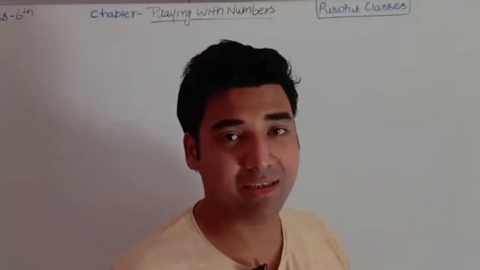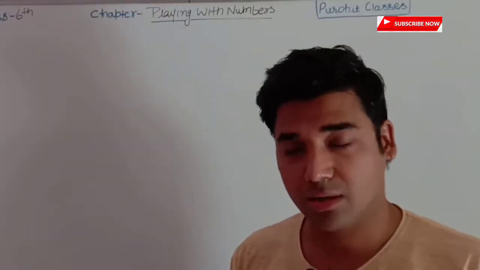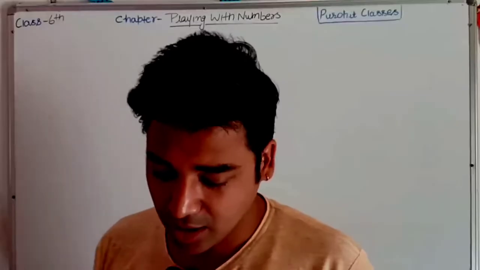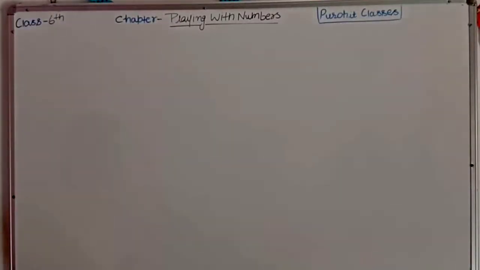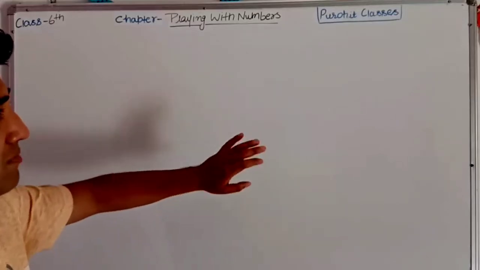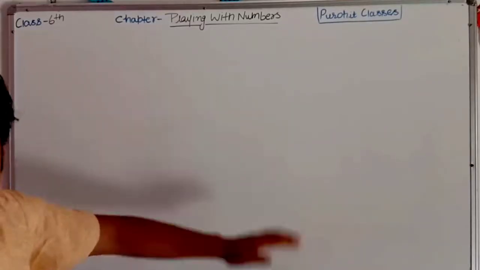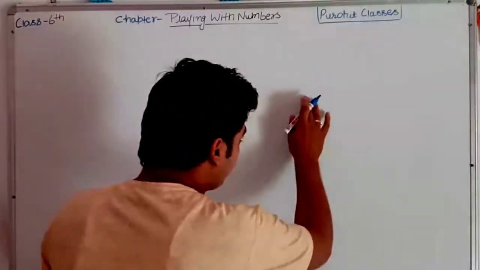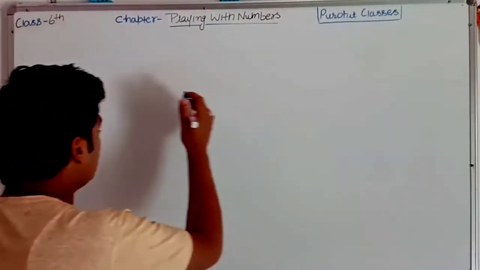So welcome back class 6, and today we are going to start chapter number 3, that is playing with numbers. So let's start. The first thing which we have to understand, we will understand that by a simple playing method, and after that we will come to know what is the term which I want to teach you. So just pay attention. Suppose there is a person and he is having total,